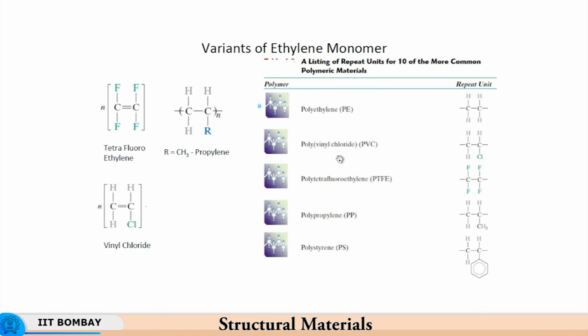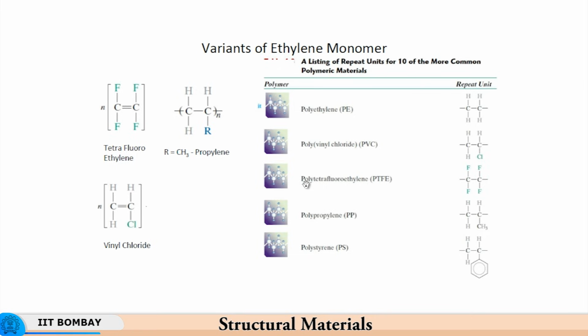Similarly, polyvinyl chloride. So, this is vinyl chloride where you have this R being replaced by chlorine, right. So, this is vinyl chloride, and you polymerize this, it becomes polyvinyl chloride. Now, the melting point of polyethylene. So, you have the basic structure of ethylene, you can transform it by substituting hydrogen by fluorine, or one of the hydrogens here by chlorine, and you can get three very different polymers: polyethylene, polyvinyl chloride,